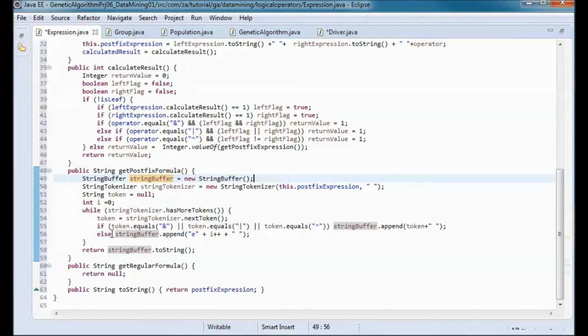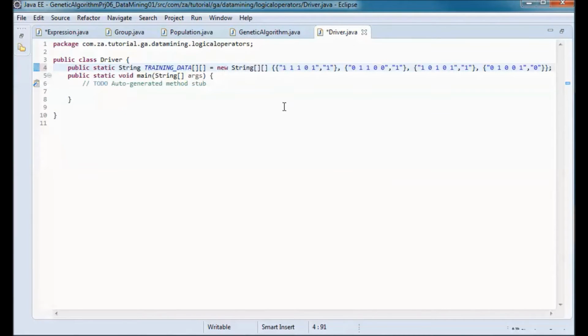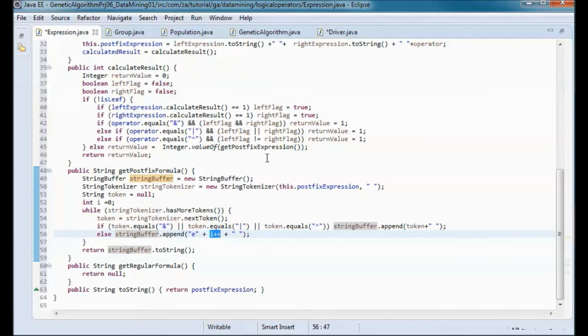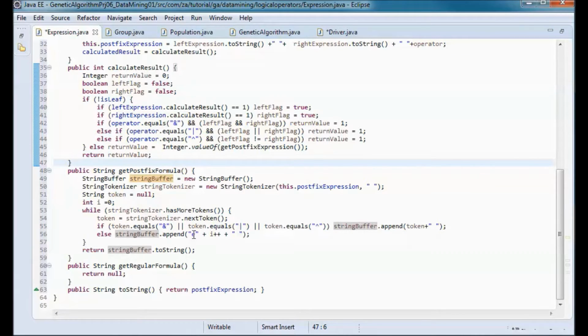Otherwise, instead of 0 or 1, we append E, and we append 0, 1, 2, 3, or 4 in this case, where we have 5 different events that we are using, true false events.